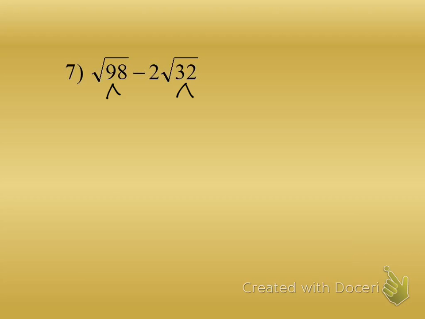Okay, so now we're kind of taking all the types, mixing them all together. All right, so 98 divided by 2 gives you 2 and hopefully 49, right? That's nice. And then 49 goes 7, 7. So that simplifies to 7 square root of 2